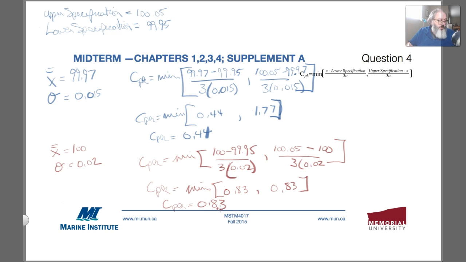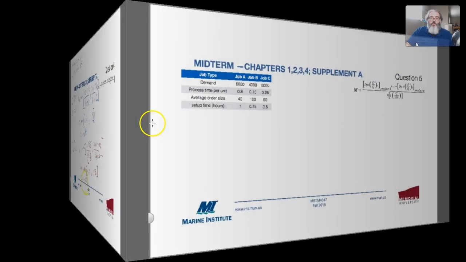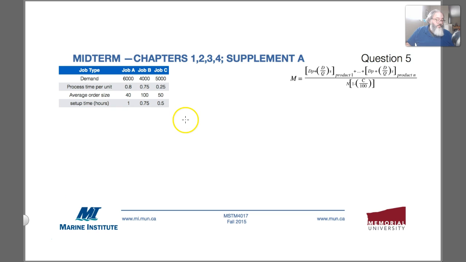This is for the new machine that can produce meter sticks exactly to target with a standard deviation of 0.02. We're simply asked which machine will provide a better process capability index, and it's machine number 2, which has the higher value. Okay, we're on to the last question, question 5, which of course comes out of chapter 4,